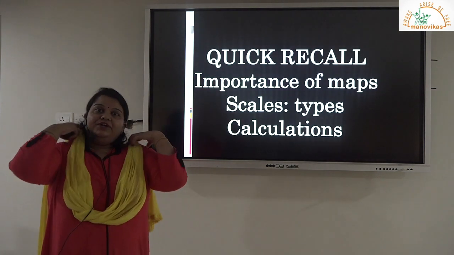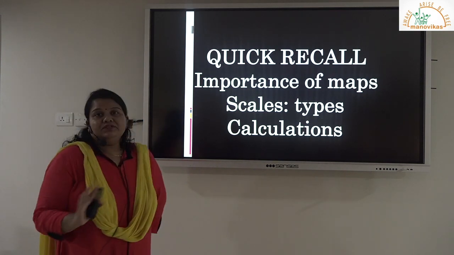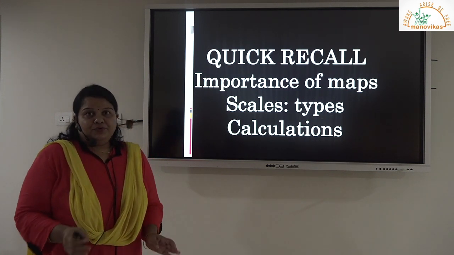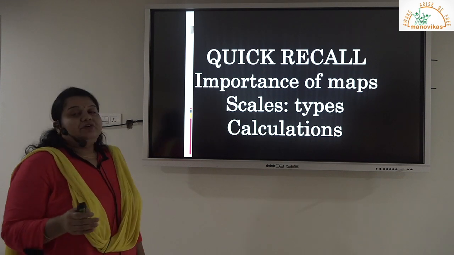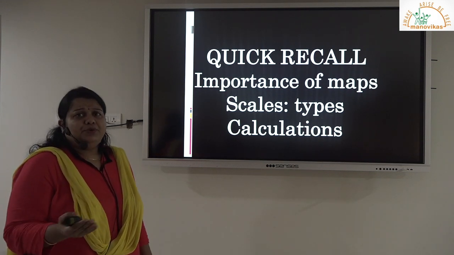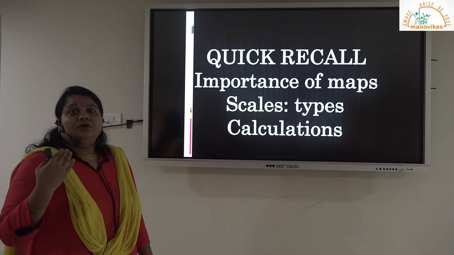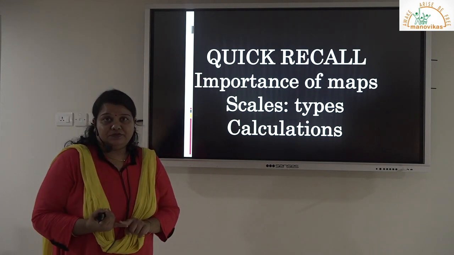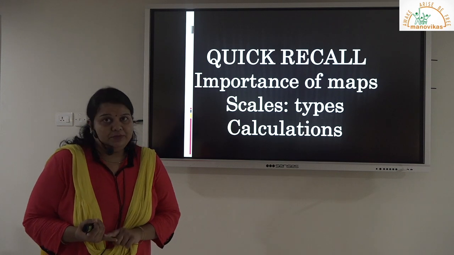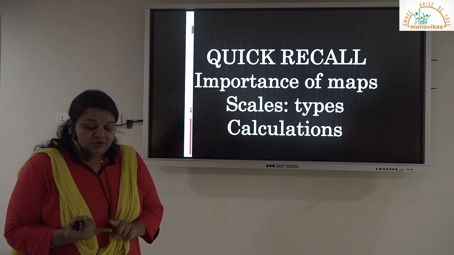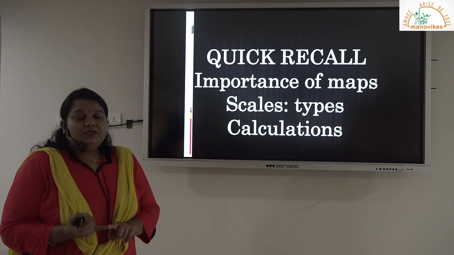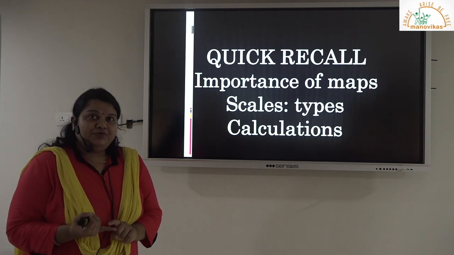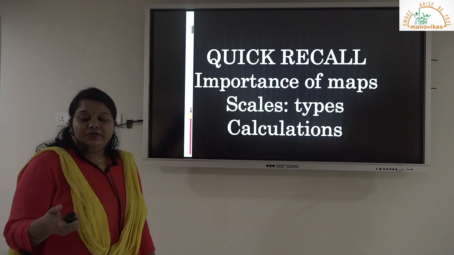Okay. So what did we study today? We understood the importance of map, how they are important to us, referring to the location part, accuracy, depending on the color scheme. Then we were trying to understand how we can compare two different maps. We were trying to understand how the armed forces uses the maps. We understood what are scales. Then we were trying to understand types of scales. Types of scales, we have discussed about the verbal scale, discussed about the representative fraction, we discussed about the pictorial scale. We tried to understand the conversion from verbal to representative, from representative to verbal. We were trying to understand how to draw the graphical scale.